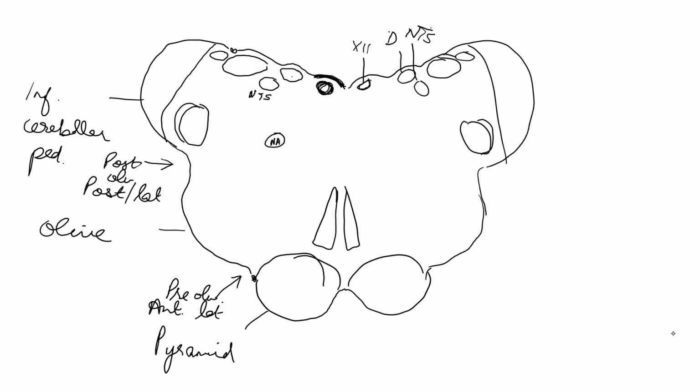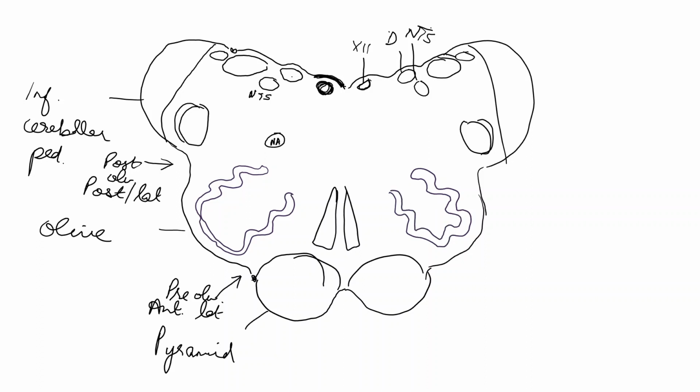So the structure forming the olive, as we have discussed in the earlier diagram also, is the inferior olivary nucleus. So we will draw it with a crumpled bag appearance. Okay, and similarly on this side, draw it with a crumpled bag appearance. But there are two more olivary nuclei. One is on the medial aspect between the medial lemniscus and inferior olivary, that is called as the medial accessory olivary nucleus, and then we have a dorsal accessory olivary nucleus as well, dorsal to the main inferior olivary nucleus,